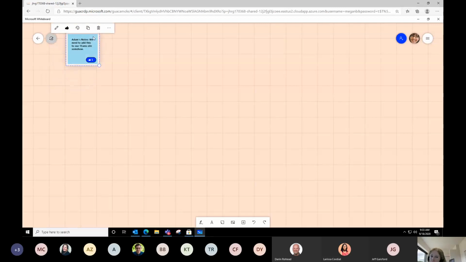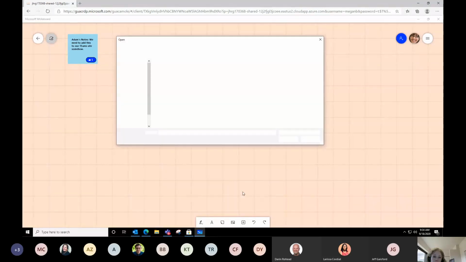Now, in addition to sticky notes, what other content can we bring into a whiteboard app in the desktop version? Right here, you'll see that there is an images menu. So I can bring images from the web, from my camera, or I can also bring images from the Bing image search. Now camera, that means I've taken a picture with my device that I want to bring in. I'm going to start by showing you library image. This would mean somewhere on your device or a shared drive.